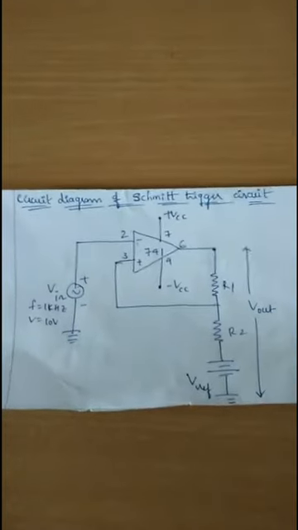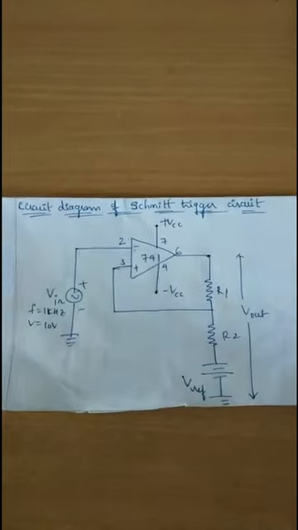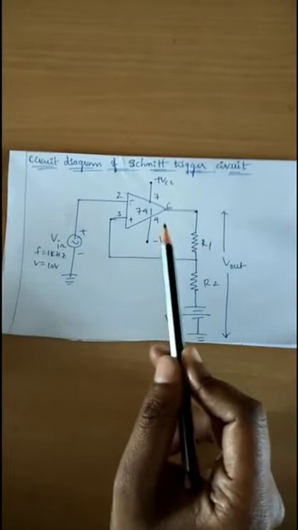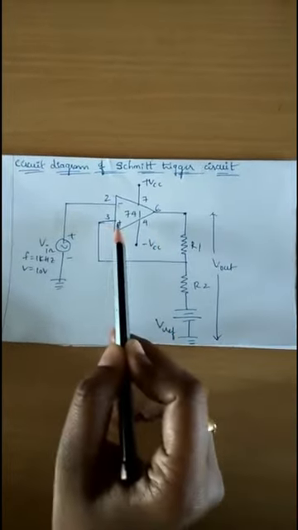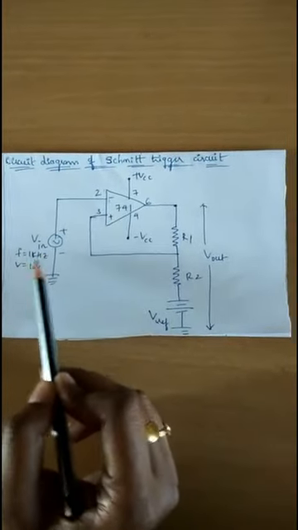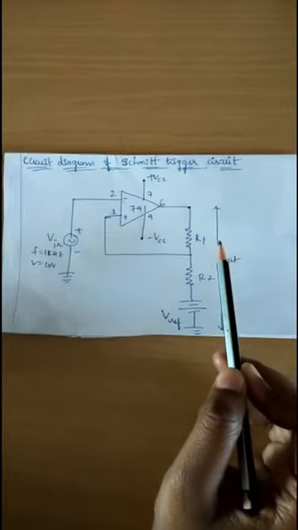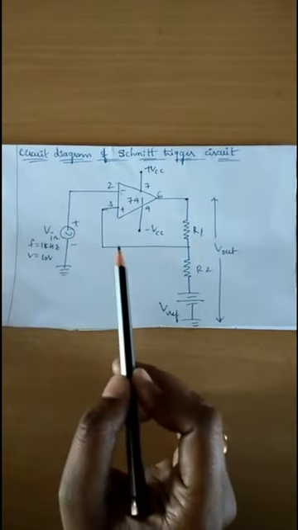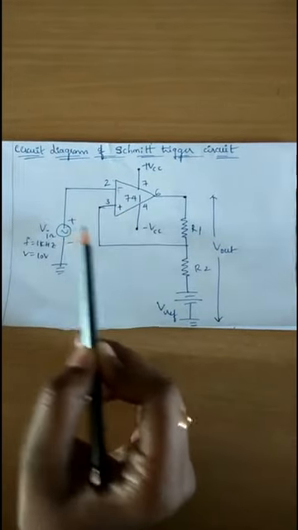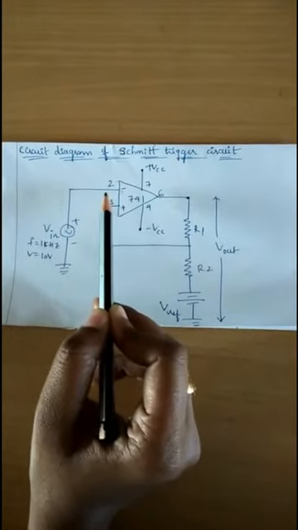Hysteresis is the dependence of the state of a system on its history. The figure shows the circuit diagram of a Schmitt trigger circuit. It is an inverting comparator with positive feedback. This circuit converts any irregular shaped waveform to a square wave or pulse. The figure shows the positive feedback comparator with the signal applied to the negative input.